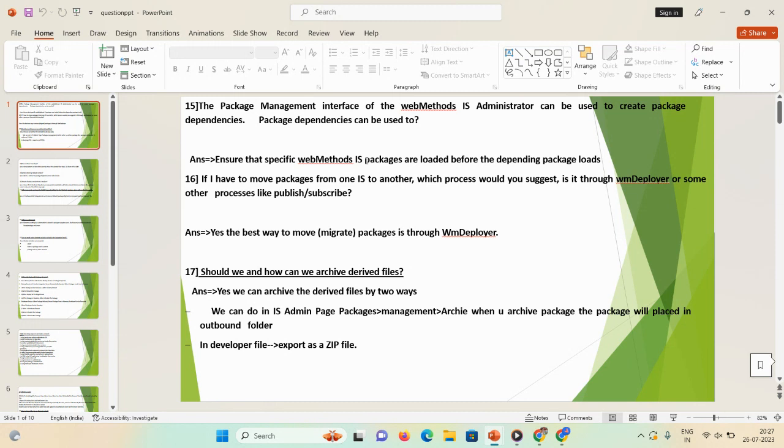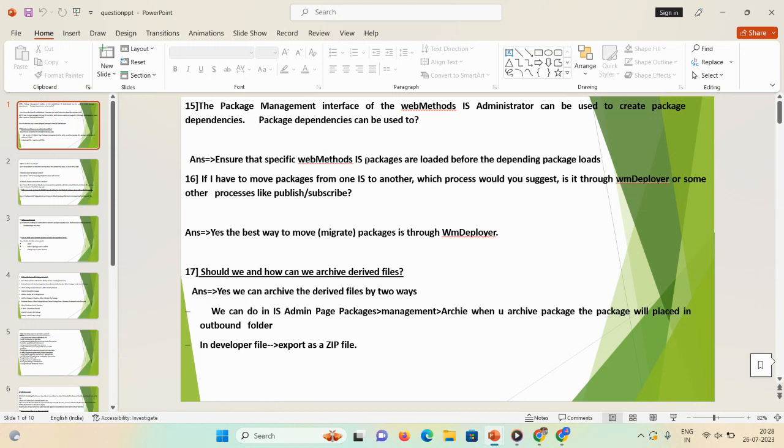So why is package dependency mandatory? If you are deploying your code from one environment to another, at the time of deployment sometimes we get an error related to a package dependency or a document. That time we require package dependency.